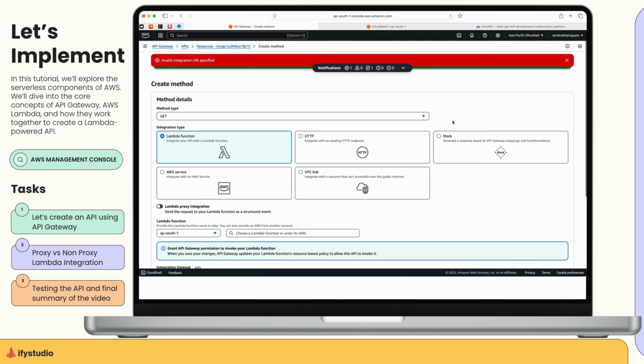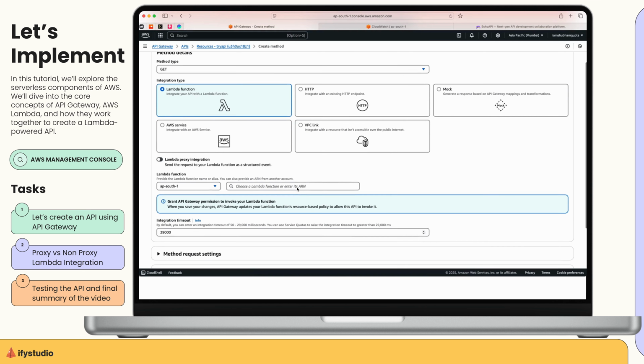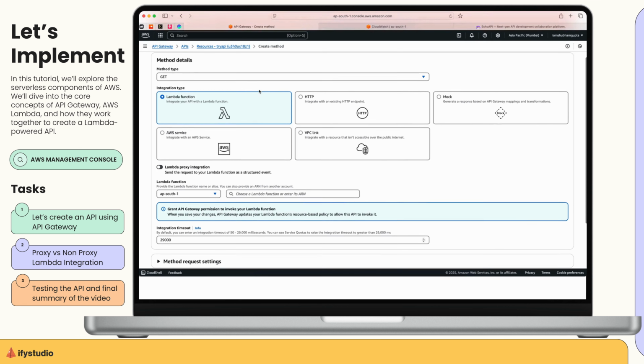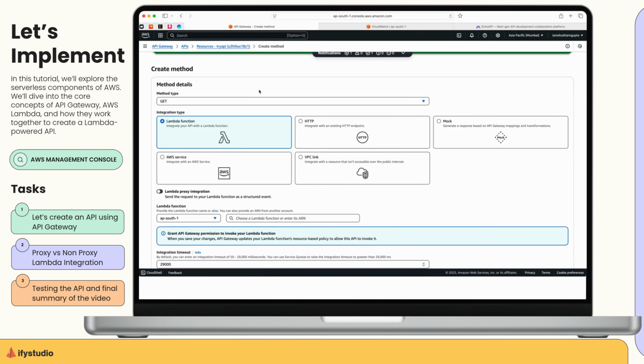Okay, we missed one part: integration. So what is an integration? Now we have created a method called get. Now we also have to create an integration. An integration is like a bridge between your method and the backend service. So for example, if you have added a method called get, where it is going to hit,